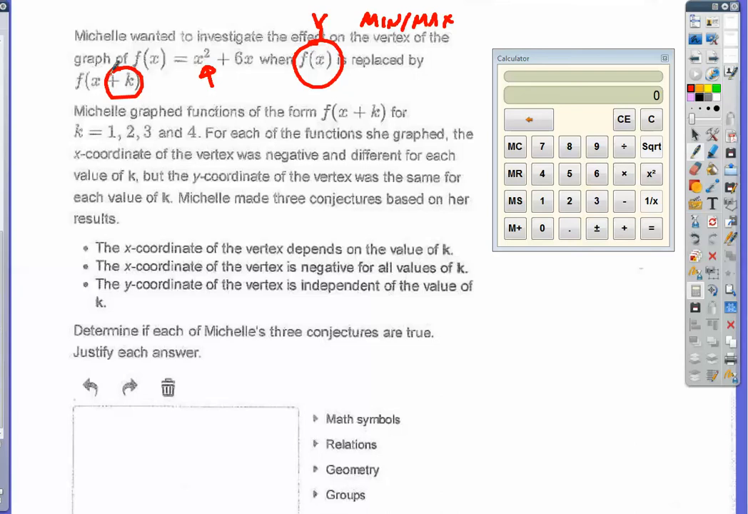and 4. For each of the, can you turn off the middle light, please, Anya? Blinding. For each of the functions she graphed, the x-coordinate of the vertex was negative and different for each value